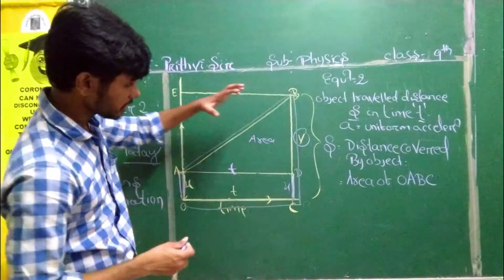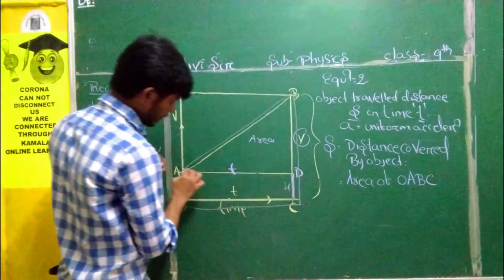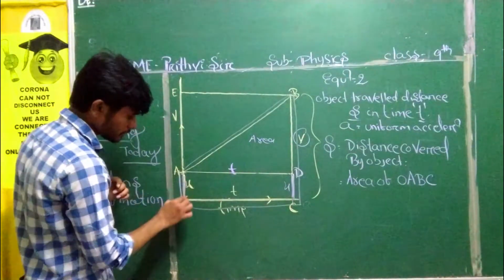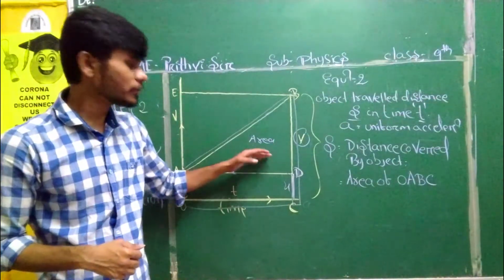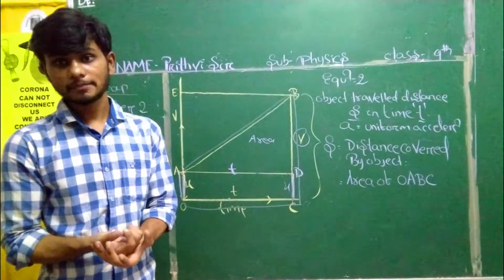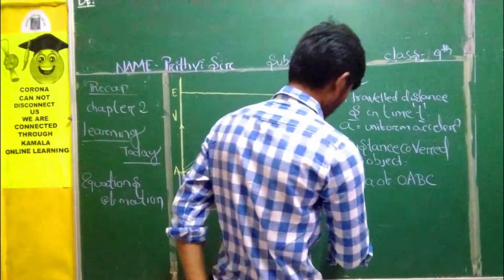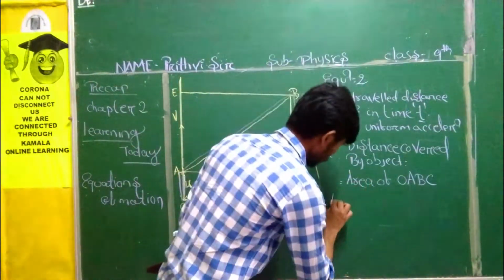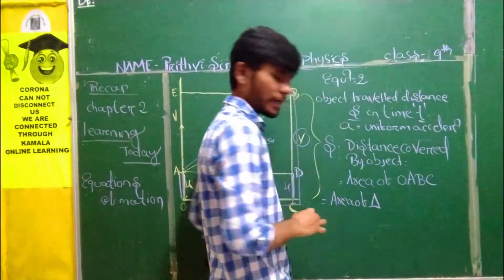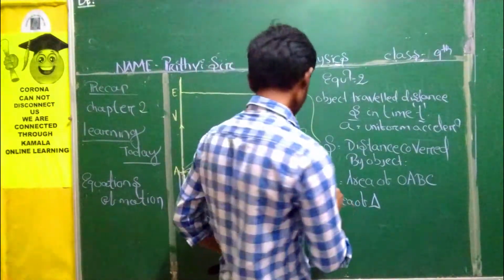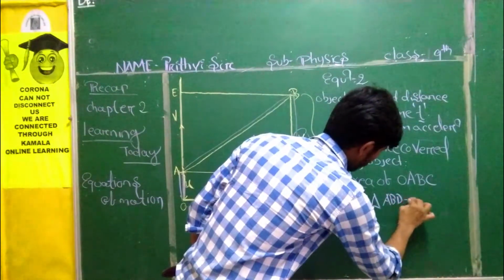This particular OABC is combined of the triangle ABD plus a rectangle. If we find out both of their areas and add them, it will be easy. We will do that. Now I will write here: this is equal to area of triangle ABD, plus